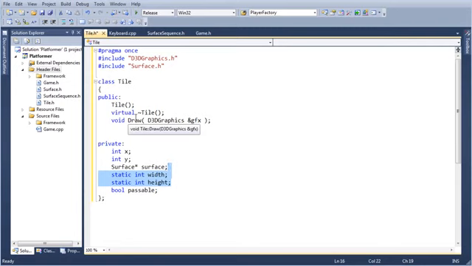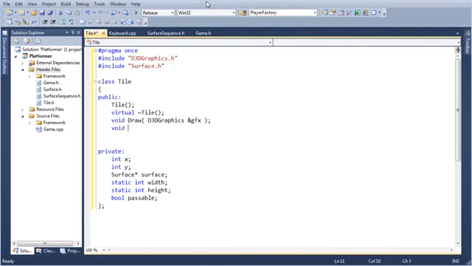I could make a set width and height. Yeah, I guess I'll make a set width and height. I'm fine with that. Void set width and height, and I'm just going to do it like this.